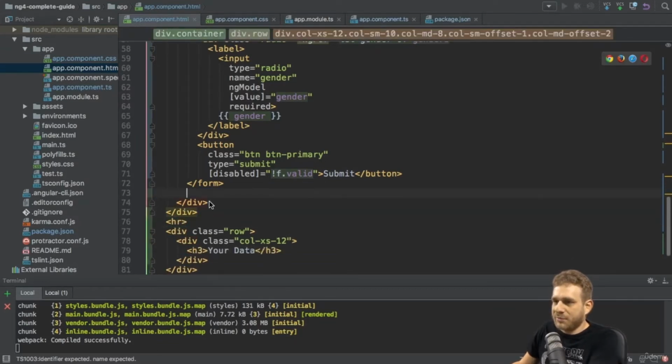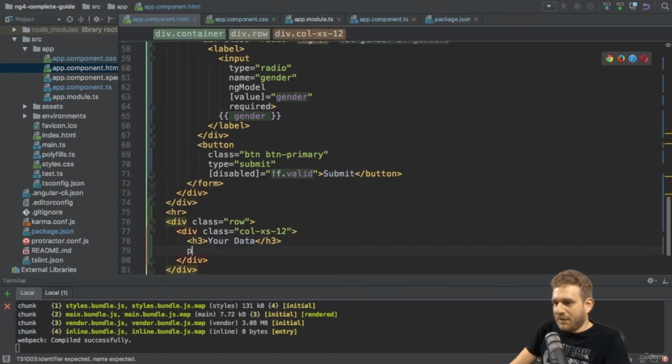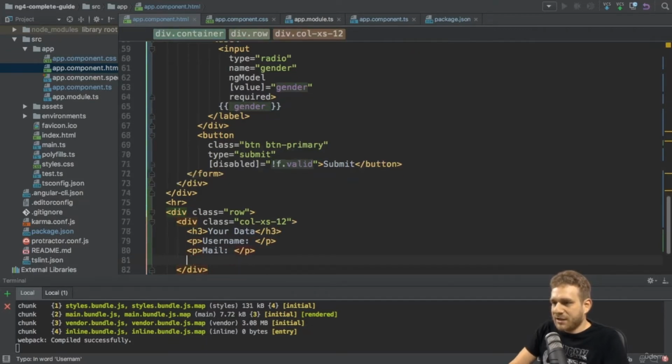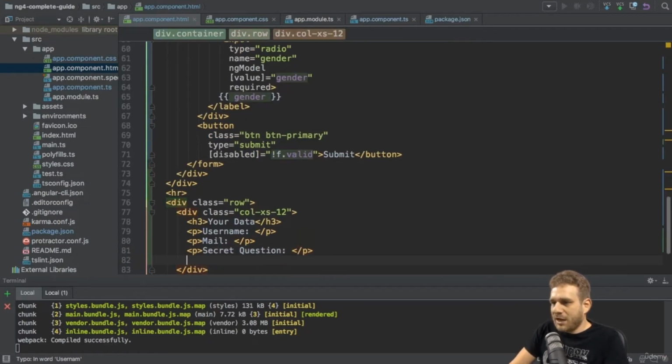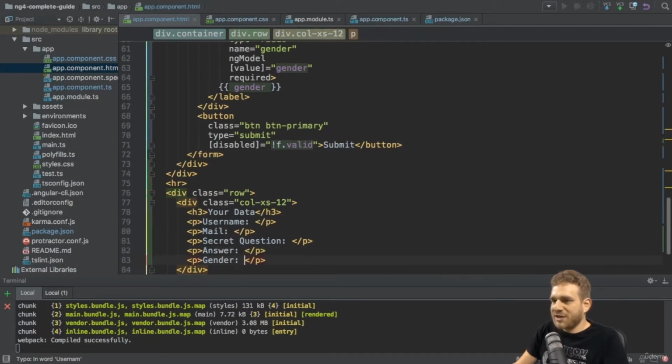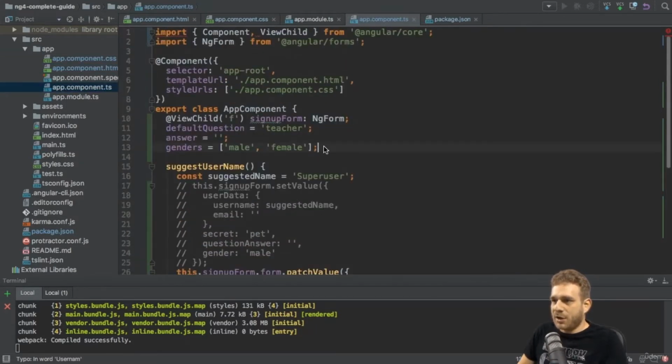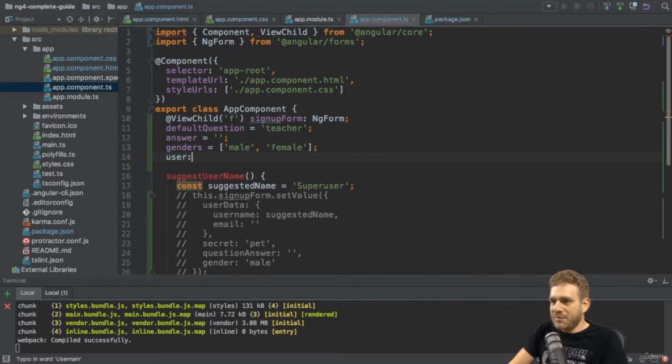I'll place the horizontal line between the bootstrap rows. And I want to output my username here. I want to output my mail address, maybe my secret question and my answer to that question, as well as my gender. So just a nice summary. I only want to output this once the form has been submitted and then populate it with the data of my submitted form. So in the app component here, I could add a new property named user maybe,